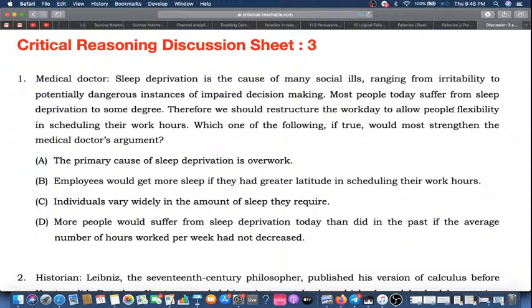So, our usual agenda once again is to go through a critical reasoning discussion sheet. And if you came because of the promise of the toothpaste ad and critical reasoning applications in real life, we'll do that also in between questions. But first of all, to get started, I posted the link for the exercise on the chat. Please click on it, find the sheet, and maybe try out the question.